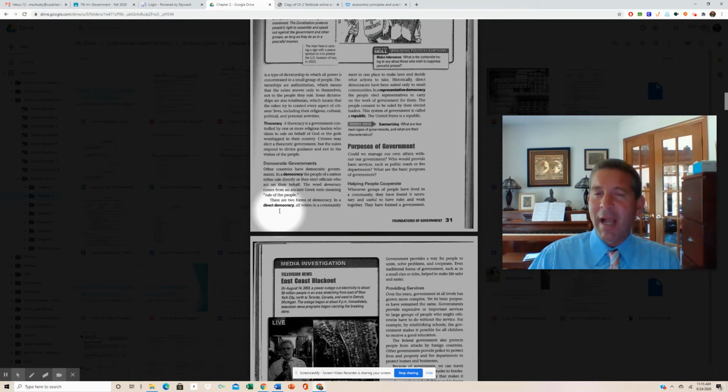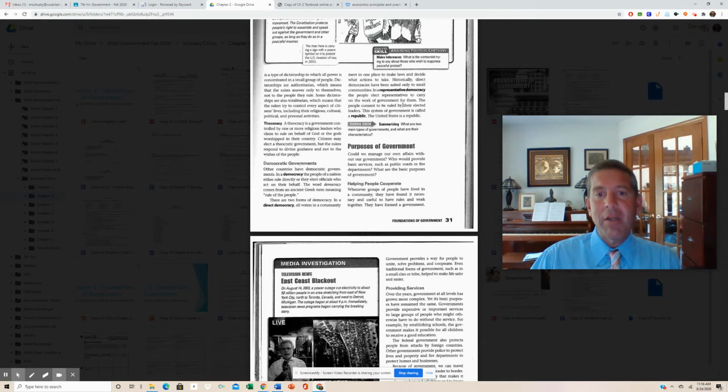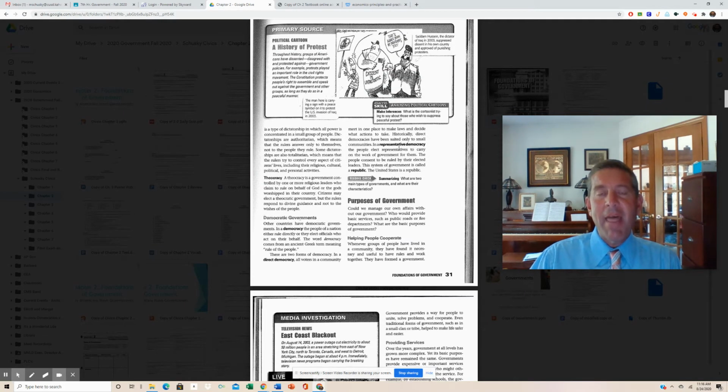Now, how can that happen? How do the people rule themselves? Well, in a direct democracy, the people rule by voting on everything that happens. We do not live in a direct democracy. It would be very hard for all Americans to vote on every issue. So we live in what is called a republic, or a representative democracy. In a republic or a representative democracy, that means that we vote for people to become part of the government and make laws for us.